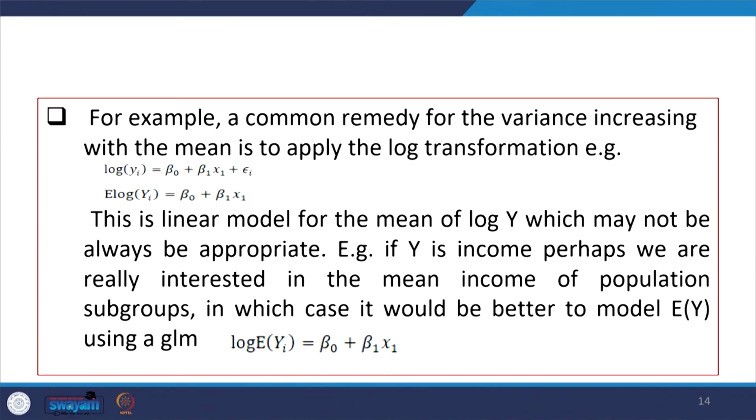As an example, a common remedy for the variance increasing with the mean is to apply the log transformation. If the variance is increasing, simply take the log transformation, that will reduce the variance. There are other ways as well: the expected value of the variance, the log function, can also be taken. This is a linear model for the mean of y, which may not be